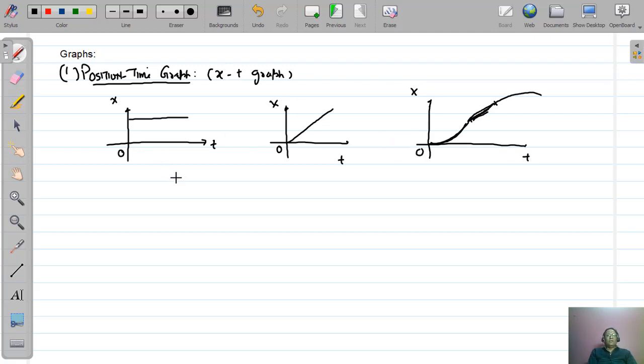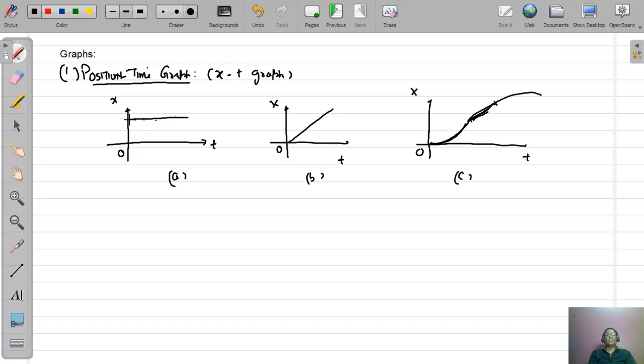So we have the three graphs A, B, and C. All these three graphs are position time graphs. Now we will discuss the meaning of this, what significance or what information they are giving to us. This position time graph A, if we check this graph, we see that time is changing as we move from origin to the right side. Time is changing, but position is everywhere the same.